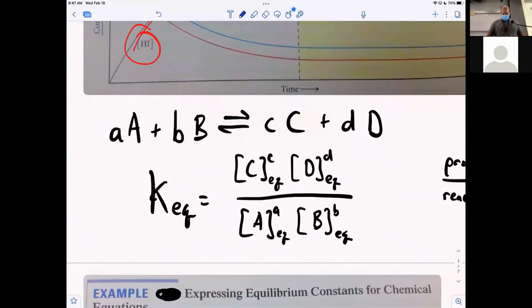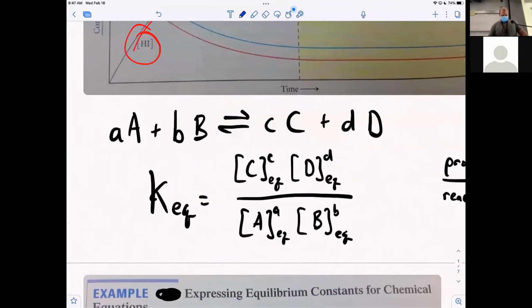But anyways, this means equilibrium. It means it's going in both directions. And as for products, we have lowercase c, the stoichiometric ratio of product capital C, and lowercase d, the stoichiometric ratio of product capital D. And the equilibrium constant, so we have an equilibrium constant,